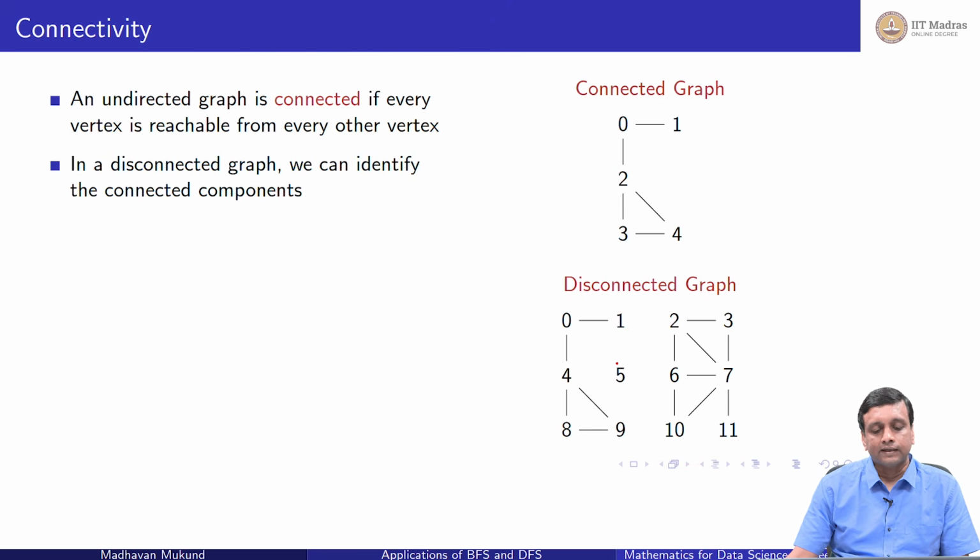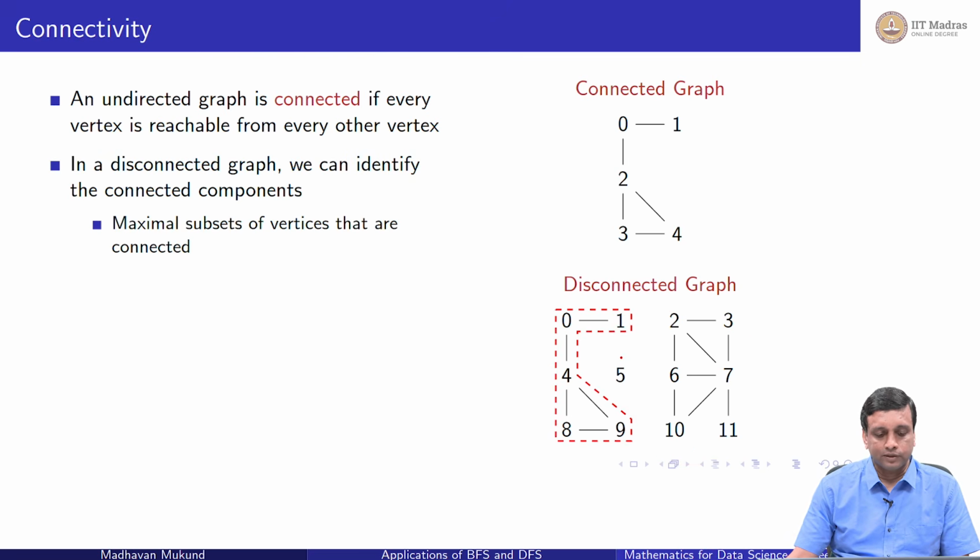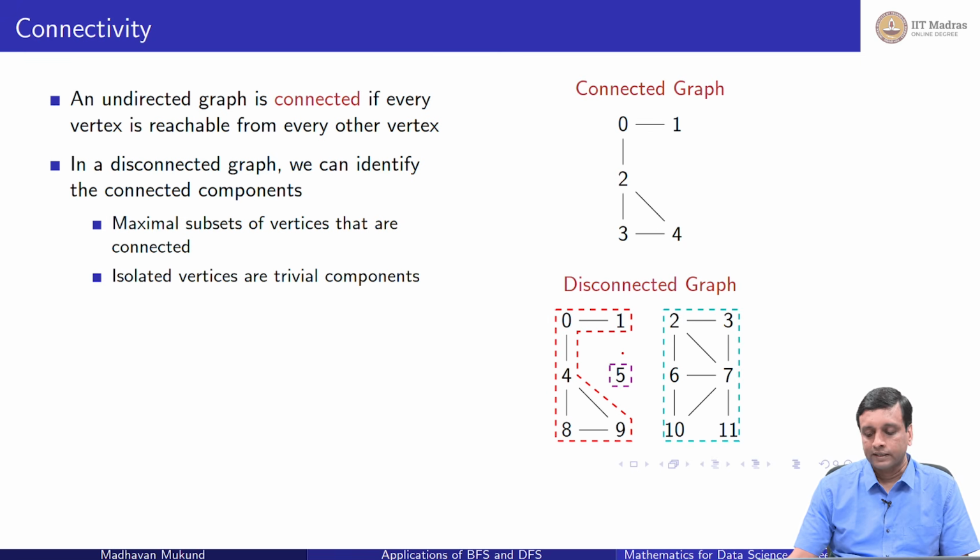So in a disconnected graph, we can identify these components. What we want to do is put this red border around this component and this blue border around the second component, and then find also in particular these isolated vertices, which are what you might think of as trivial